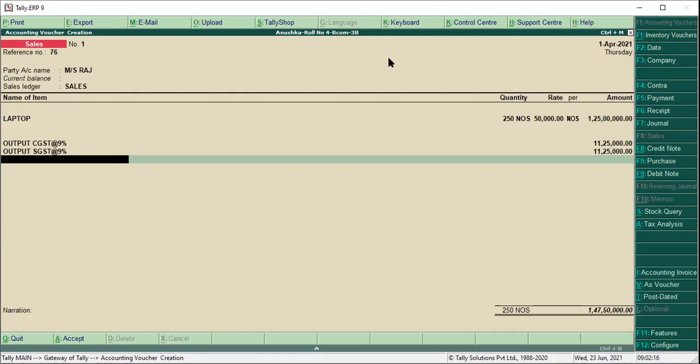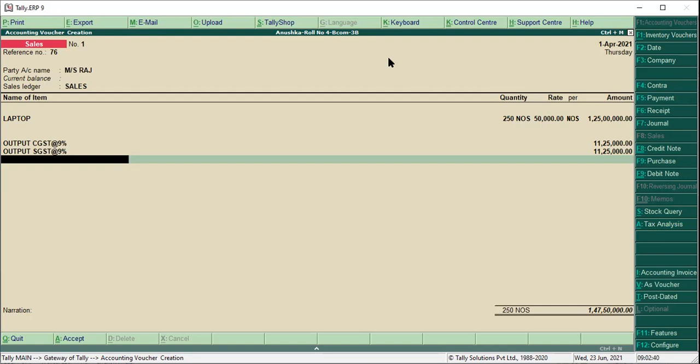And what is the taxable value? Taxable value is 1 crore 25 lakhs. Then what is the invoice value? 1 crore 47 lakhs 50,000.